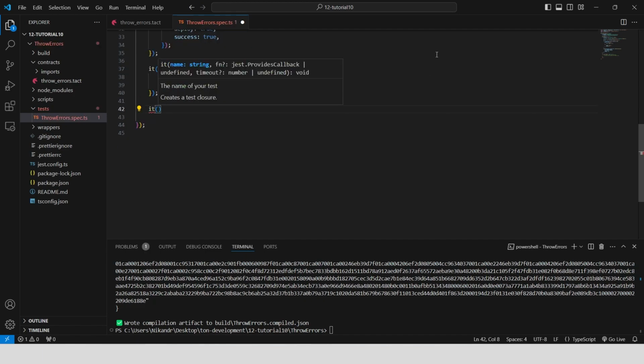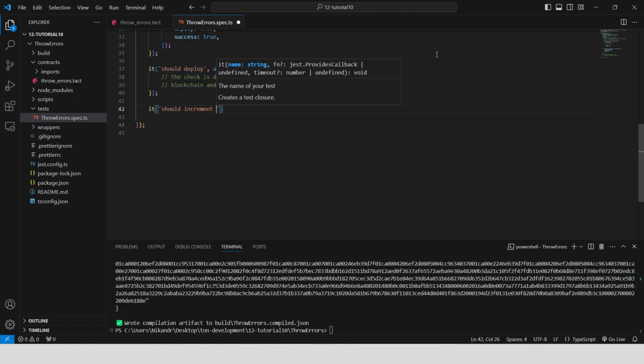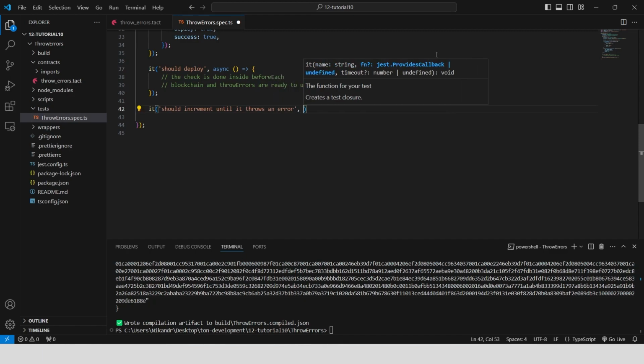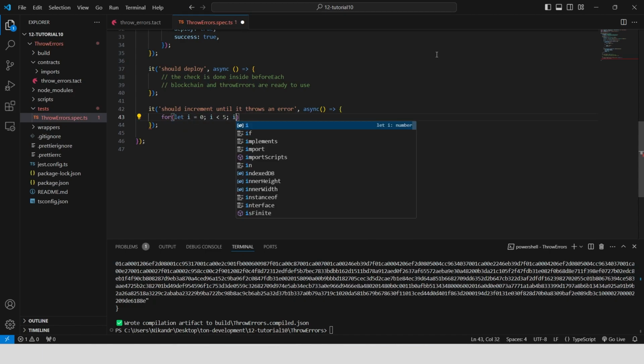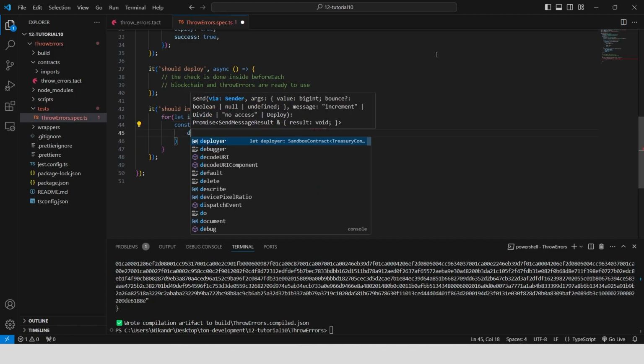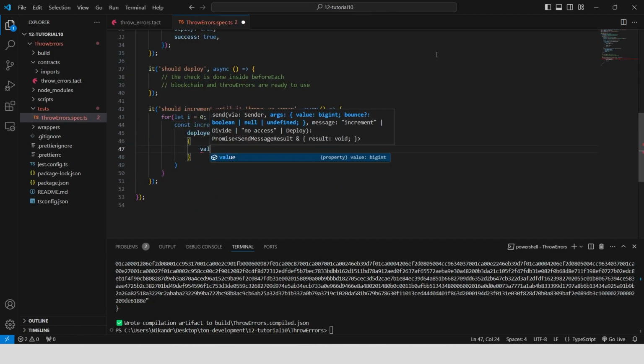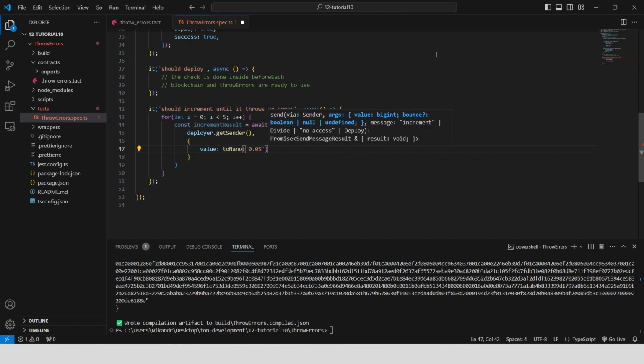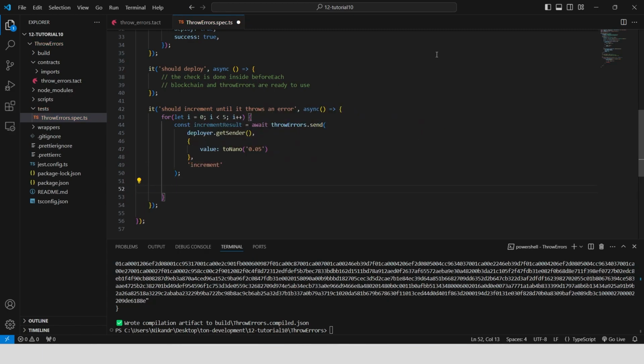Define a test case named "should increment until it throws an error". This asynchronous function will test the increment functionality of the throw errors contract, verifying that it increments the val variable until it reaches the error condition. Create a loop that runs 5 times. In each iteration, we send an increment message to the throw errors contract from the deployer with a value of